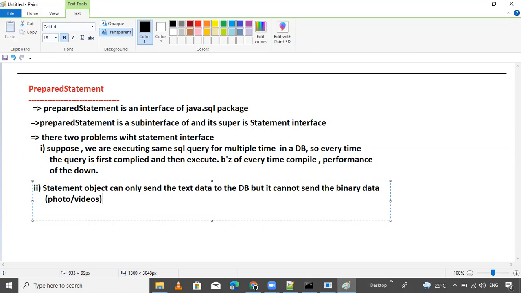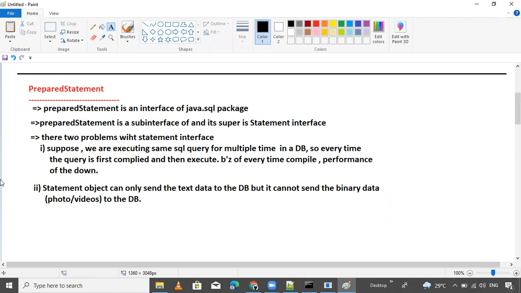It's unable to send such data by using the statement object to the database. These are the two major problems in the statement object.